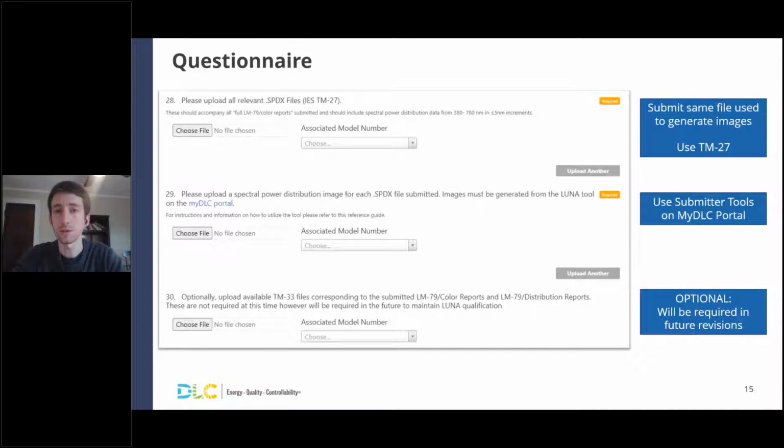A few other questions to note. This first one here, just the same as in a typical SSL application, you must provide an SPDX file for all the products in your application that were utilized for sphere testing for qualification. These files must be formatted to the TM27 standard. And so please ensure that as you're working with labs to get these files, they are following the standard and specifically the formatting